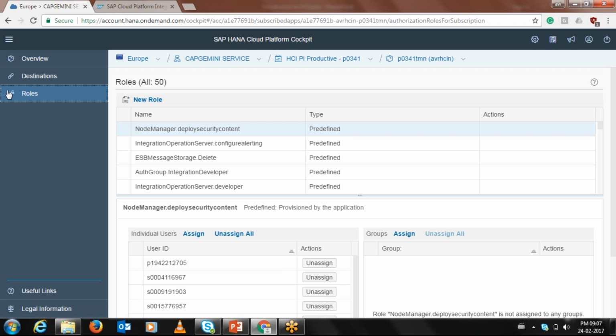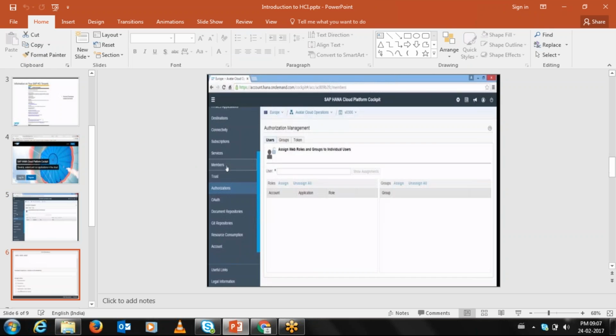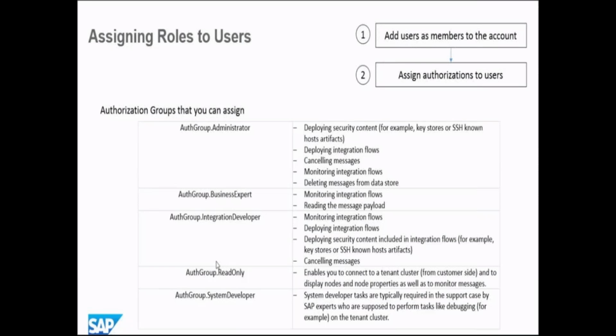These roles have some significance, so to understand that you can directly go to the roles which are there in the HCI. You have the administrator role, the business expert role, the integration developer role, the read only role. Different roles signify different things.